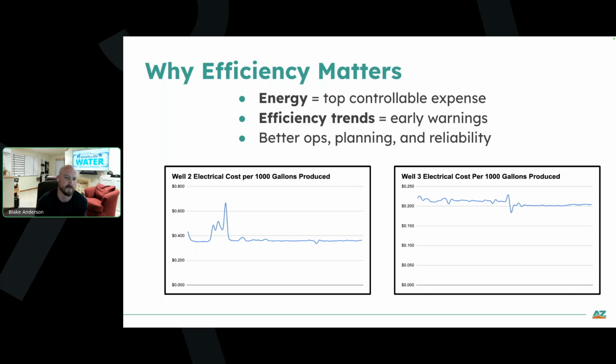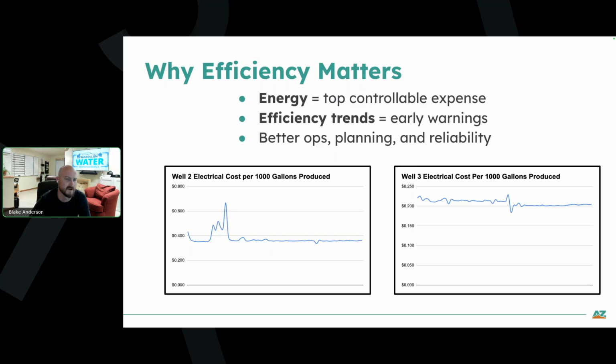It also helps us to see efficiency trends and early warnings. And so you can catch proactively when you're going to have pump failures and when you're going to have well failures, which helps you to plan better and schedule things where it's not an emergency. If you can have a couple months notice that the motor is trending towards failure, the pump's going out, which isn't always the case, frankly. Sometimes things just go out and that's it.